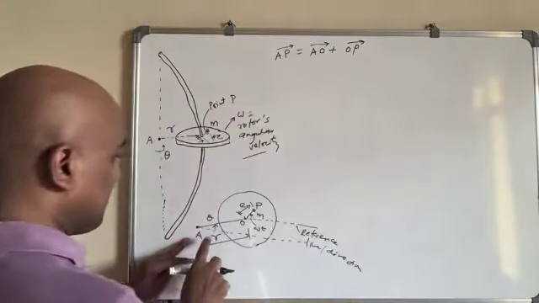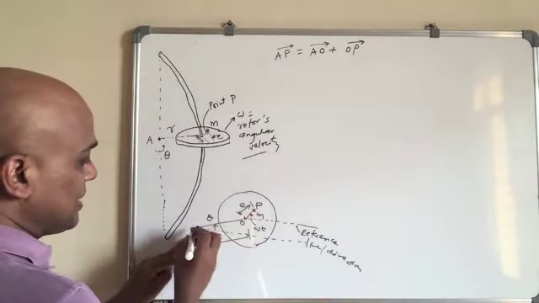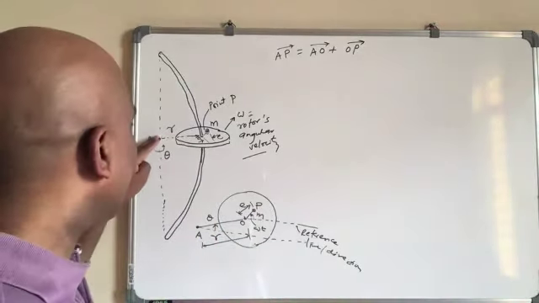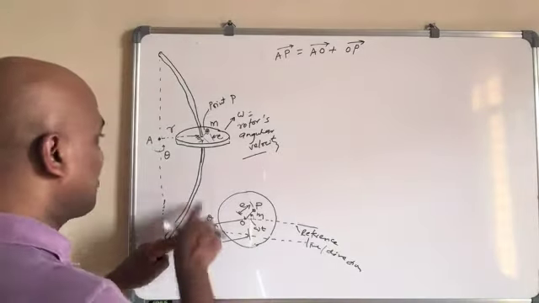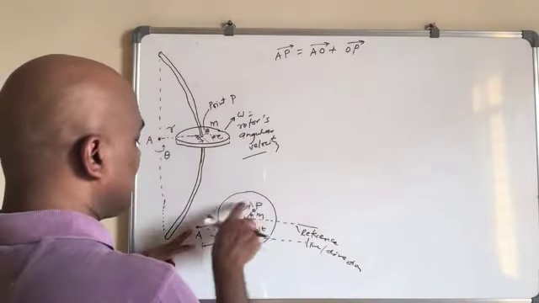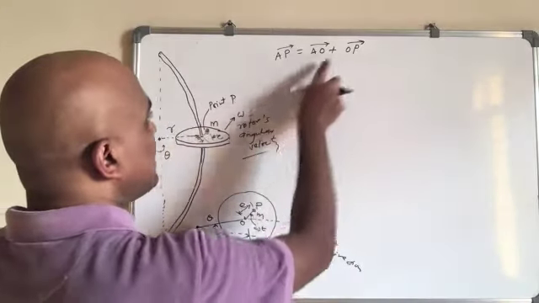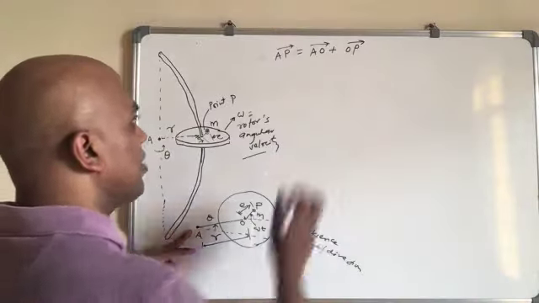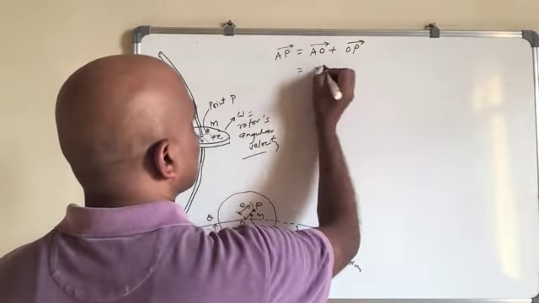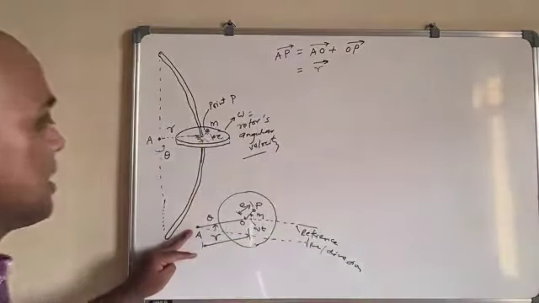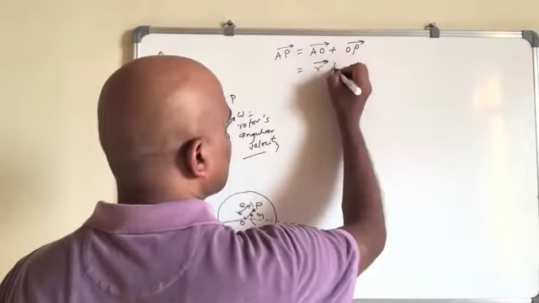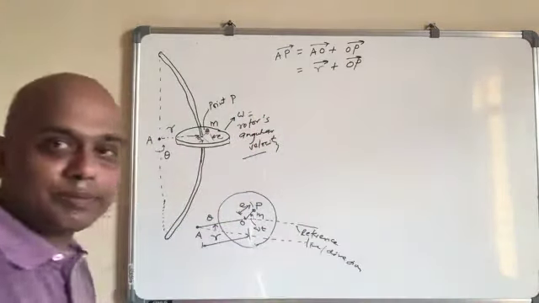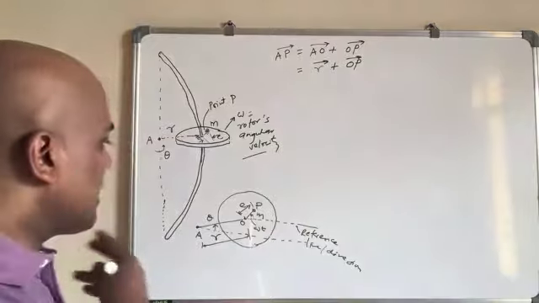So AP, A to P. This A is, for us, a fixed point. With respect to that, we are deriving the equation. So with respect to this one, the point P is given by AP equal to AO plus OP. Now, AO is nothing but R. And what is OP? It is R plus OP. Okay. Now,